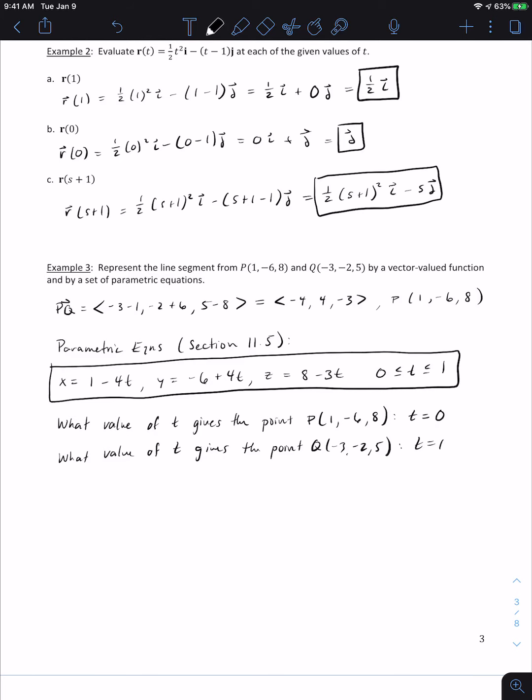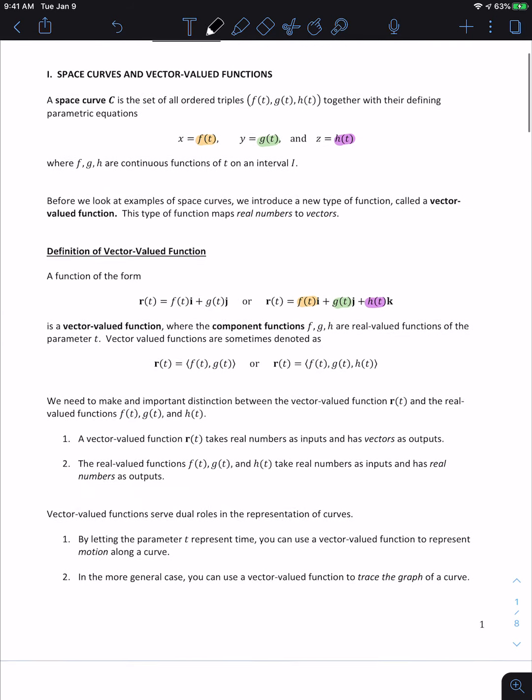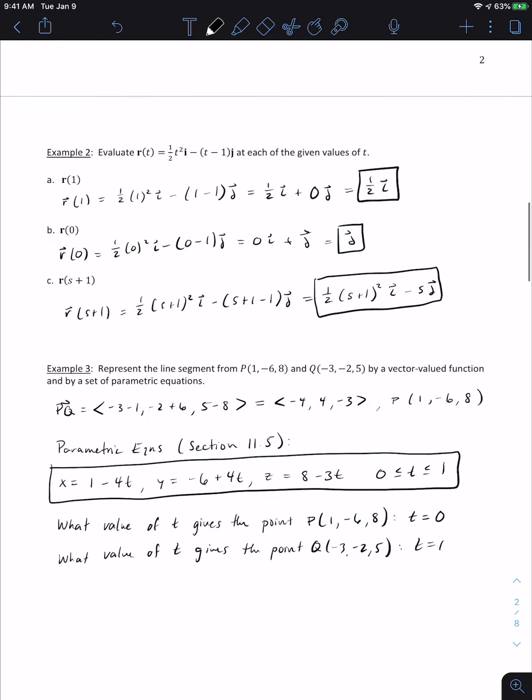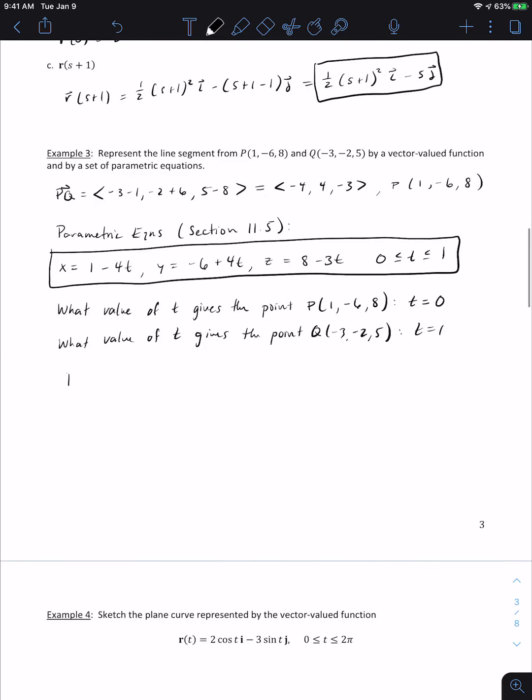Now that I have a set of parametric equations, this whole study up here, all of these definitions, and when I went ahead and drew this idea of what a vector valued function is, where I get a vector and then I just use the terminal point as the point on my curve, all this discussion was saying was that if I have a set of parametric equations and I want to write a vector valued function to represent the curve that those parametric equations represent, well, what I can do is just put the parametric equations into each component,